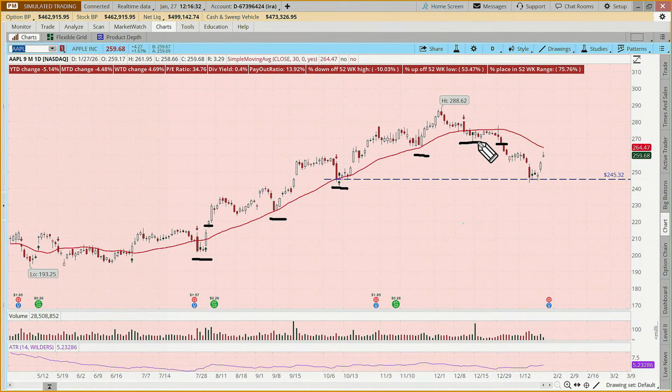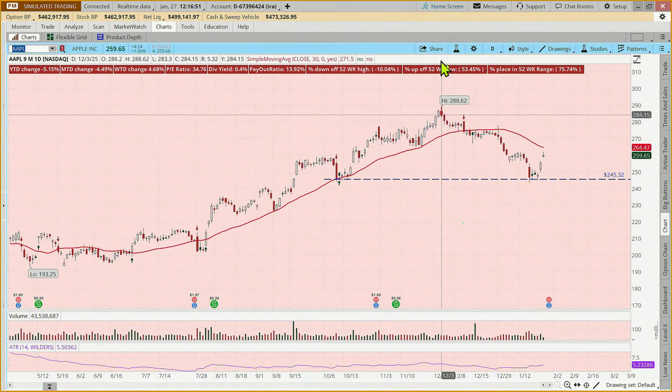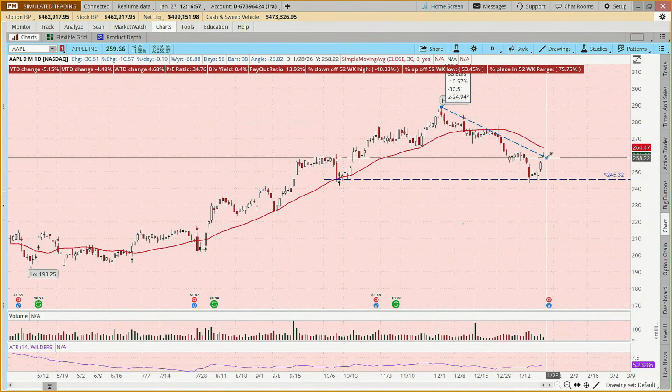Now, if your rules say, I consider entering a position when we see an uptrend or a diagonal break of resistance, and so if we look at this now, and let's say we don't own Apple any longer because we had employed that set of rules, what might we be seeing now? So we can come here and say, hey, and what we're just trying to do is link up as many dots as we can.